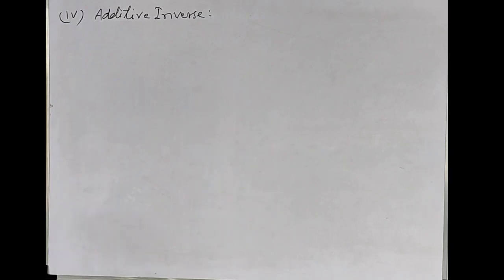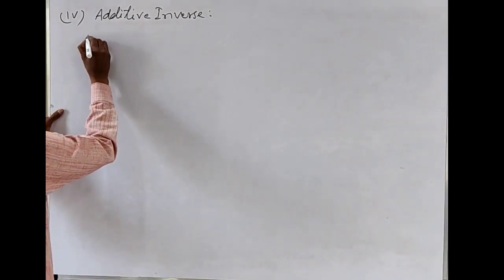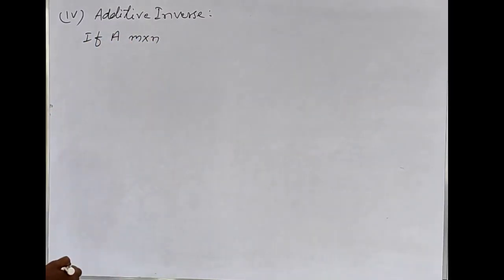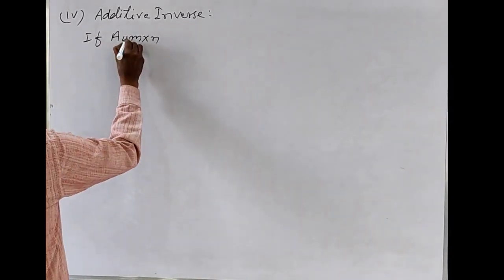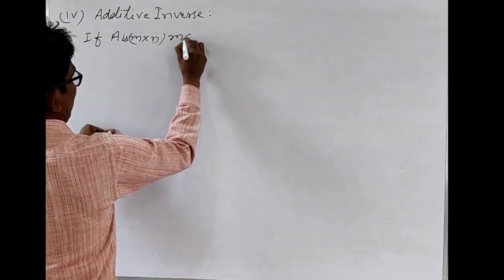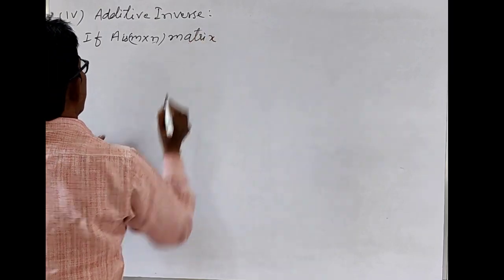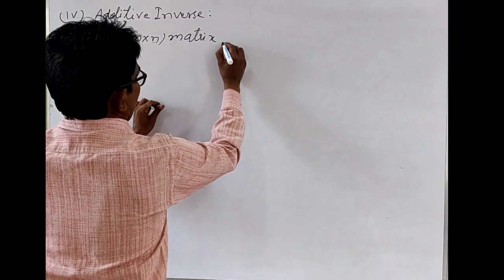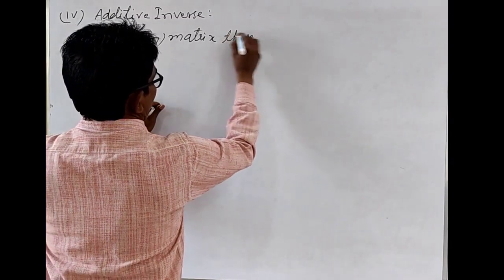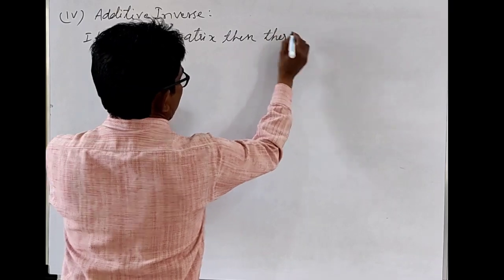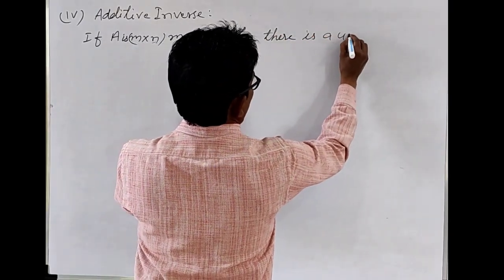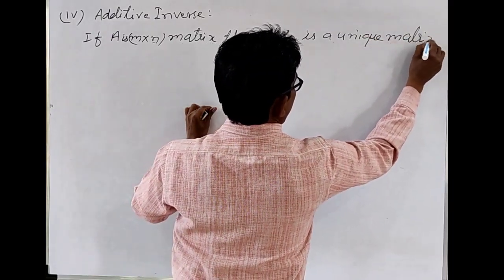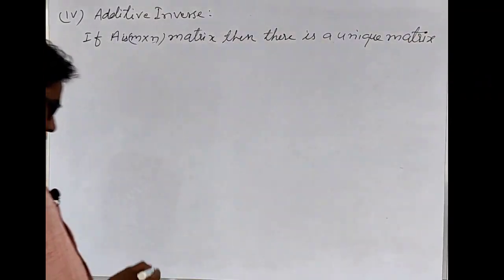If A is a matrix of order n cross n, if A is n cross n matrix, then there is a unique matrix